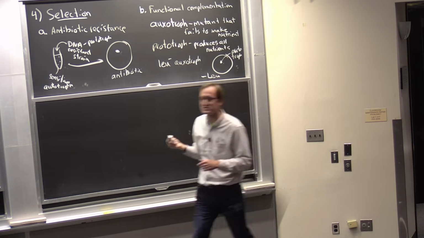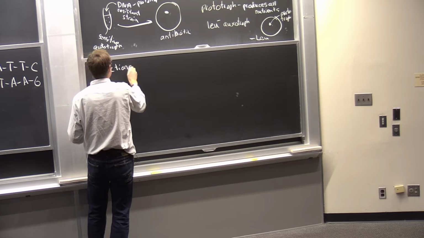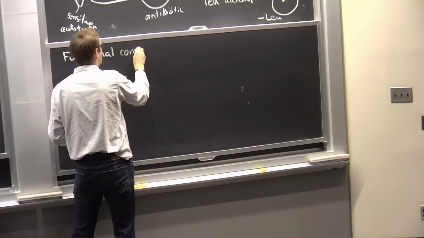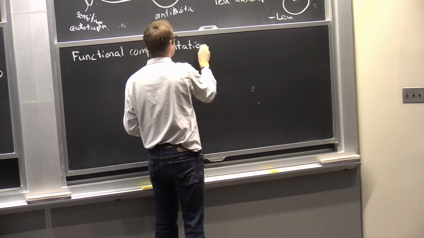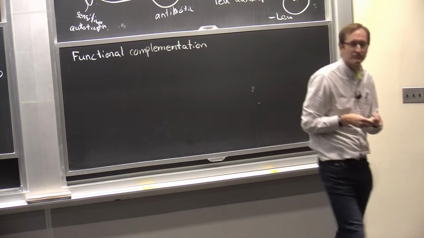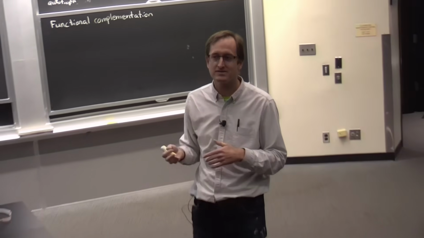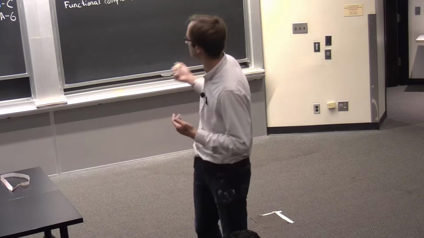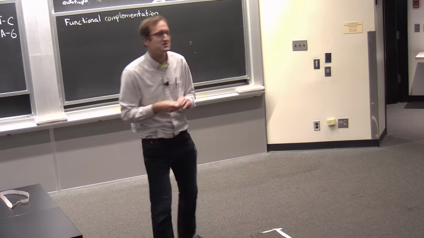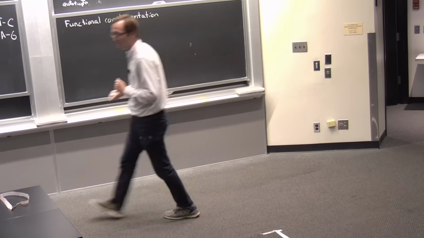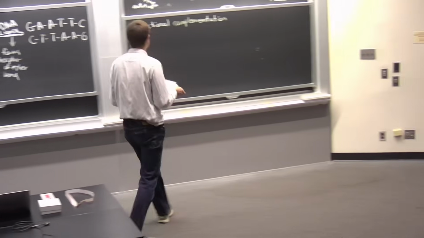Okay, this is what's known as functional complementation, because you're taking a cell that is defective in some function, and you're complementing it. You're complementing or rescuing the phenotype, okay? Now, even as a former yeast geneticist, I don't find amino acid biosynthesis and functional complementation in the context of leucine all that exciting. So I want to present one last example that involves an experiment that is going to